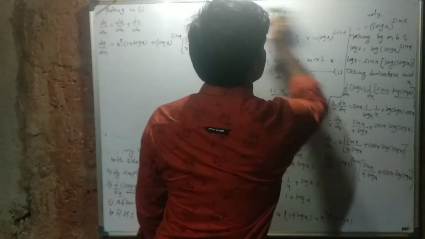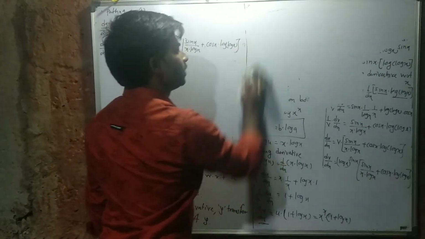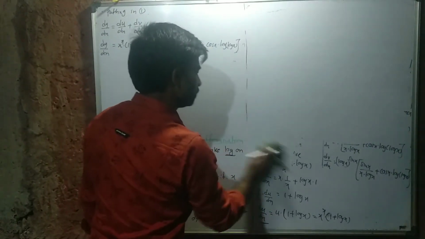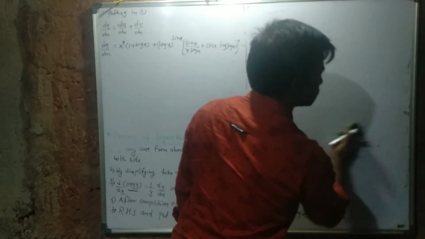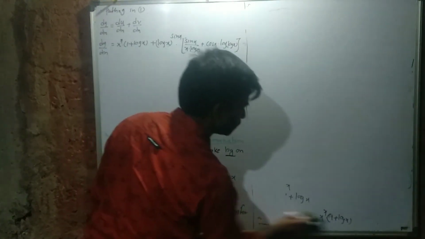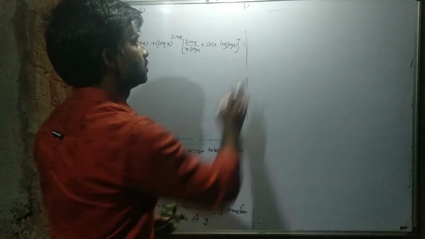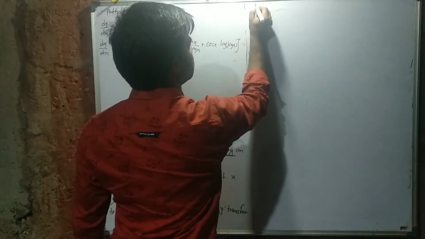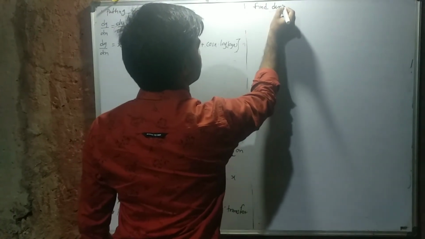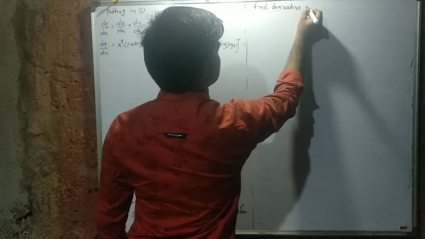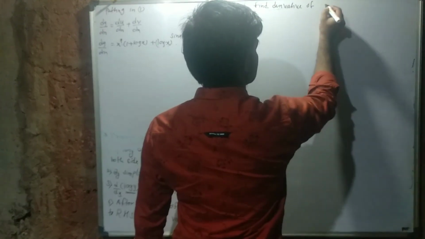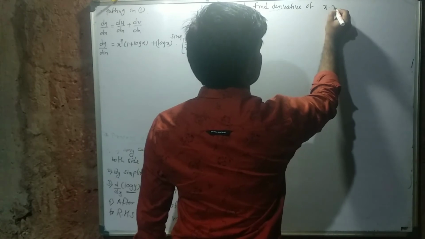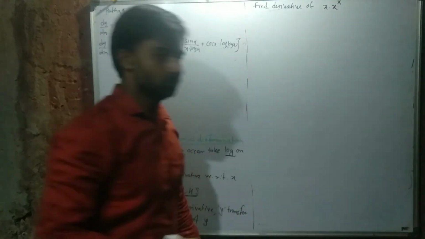First of all we have to consider the derivative or logarithmic differentiation. Later we have to take both the functions in a logarithmic consideration. Now we go to the next one, which is nothing but y is equal to, find the derivative of x into x raised to x raised to x.